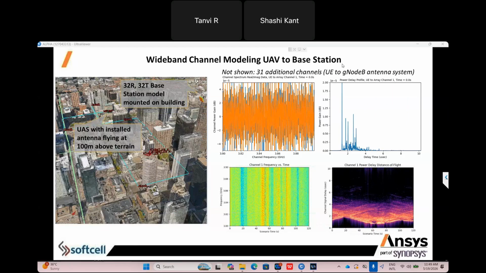As you can see on the left side, we have multiple installation antennas flying at 100 meters above terrain, and we have a 32T or 32R base station model mounted on the buildings. These multiple stations you can define there also.